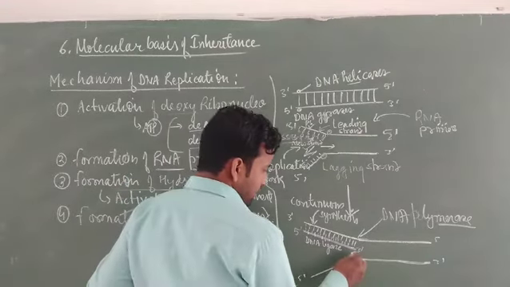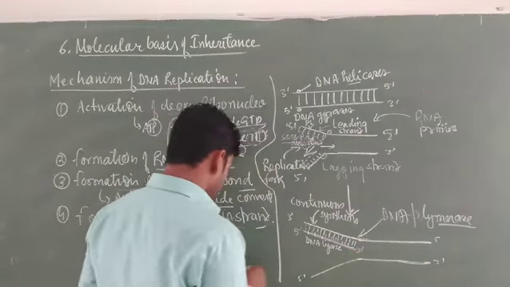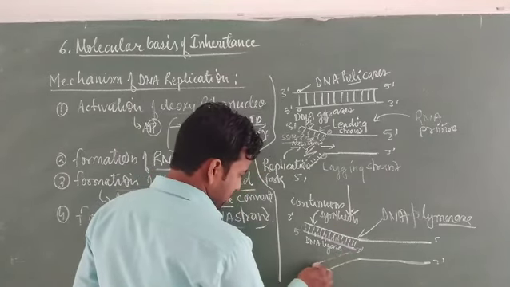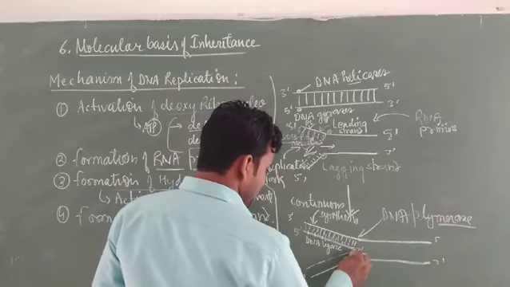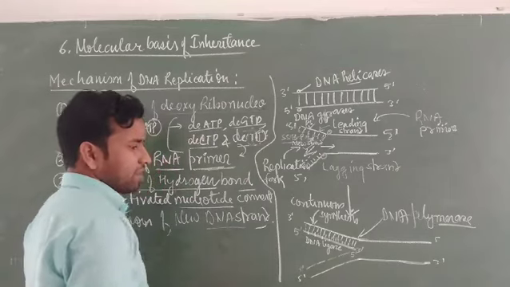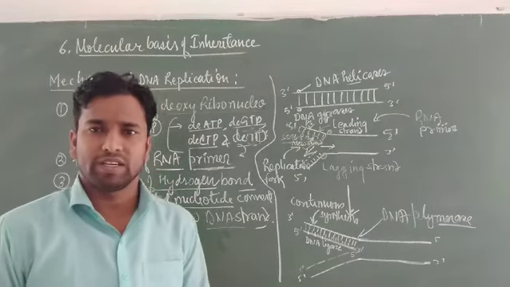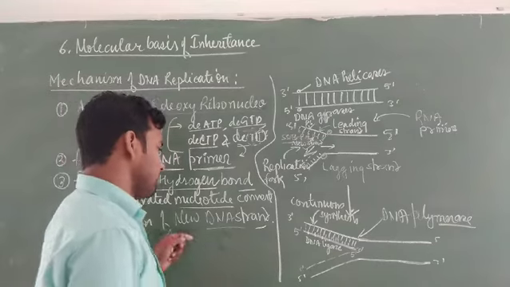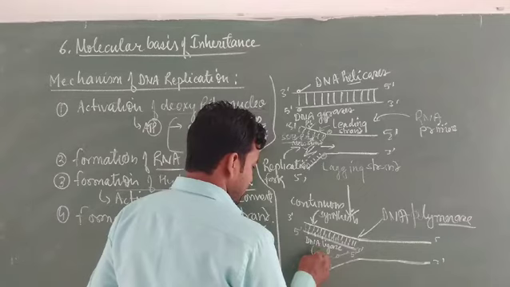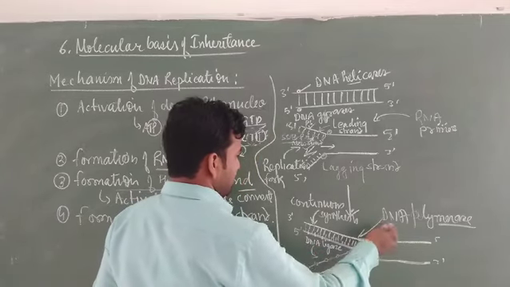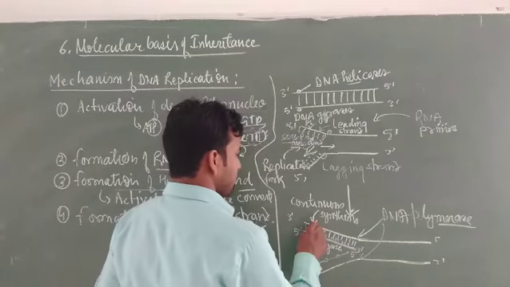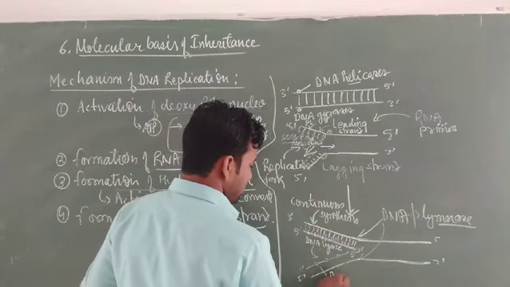Now here, opposite to the movement of the replication fork, the other strand is formed discontinuously. Here also the orientation should be 5' to 3'. The synthesis of any DNA or RNA always takes place in the 5' to 3' direction. This is very general. Here one more enzyme is needed, called DNA ligase, and the mechanism is facilitated by the DNA polymerase. Here synthesis is continuous, here synthesis is discontinuous.